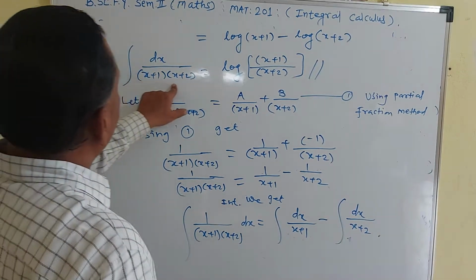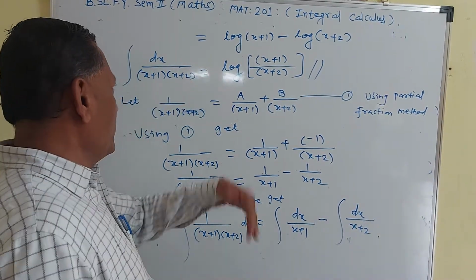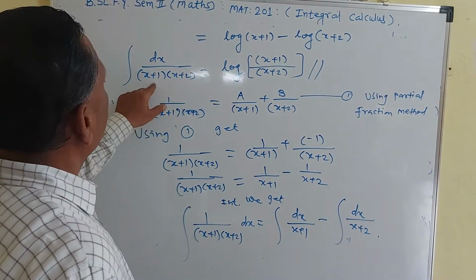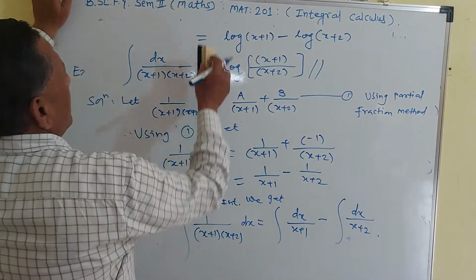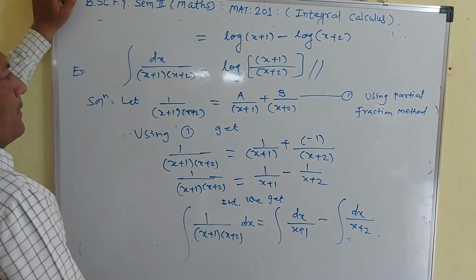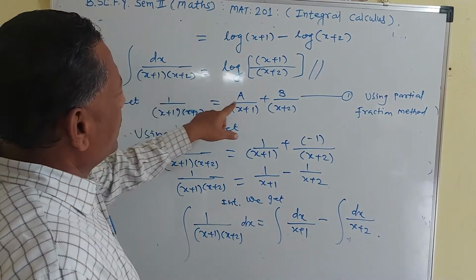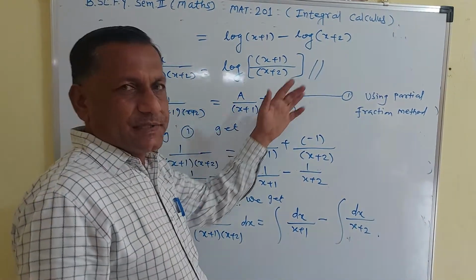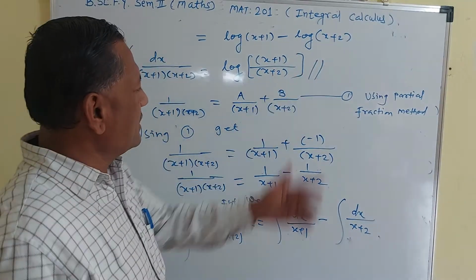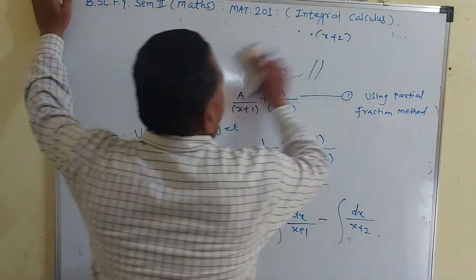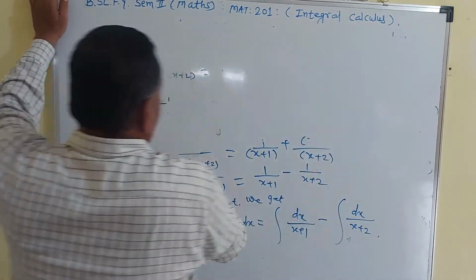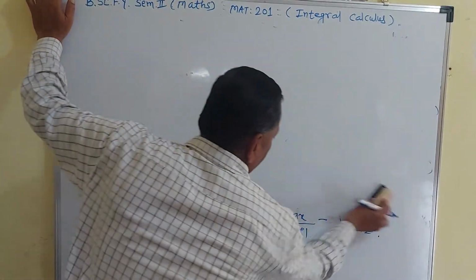So you have taken two examples with two factors, then we see taking three factors. Same method. If there are three factors, then you take the three constants a, b, c, small a, small b, small c, or capital A, capital B, capital C. We see one more example.